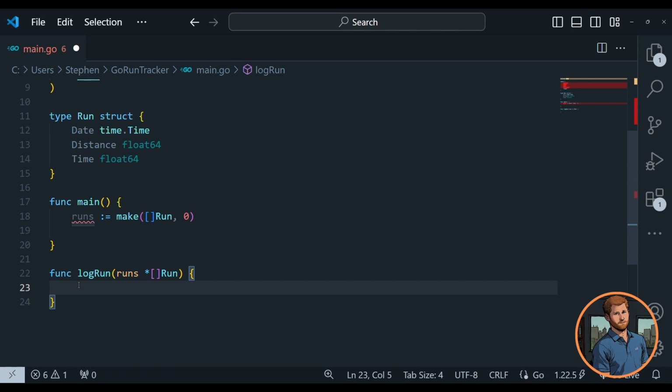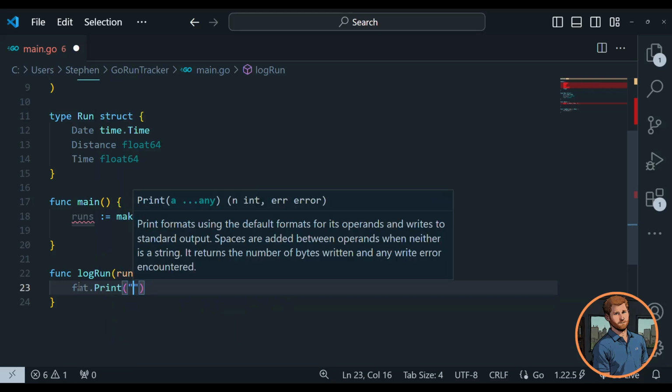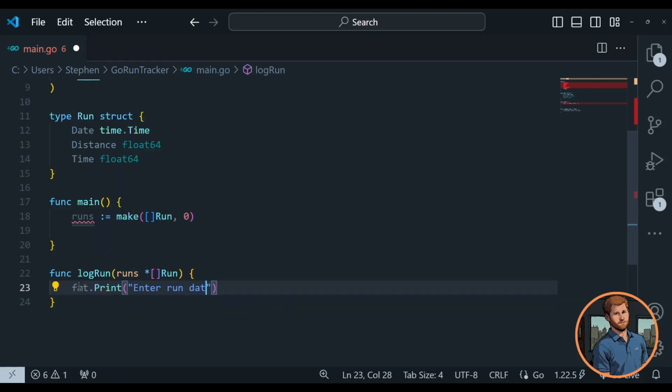Now within that, we're going to say, hey, when was the date of your run? So fmt.Print enter run date, and we'll suggest the format, which we will later enforce, of year, month, date,